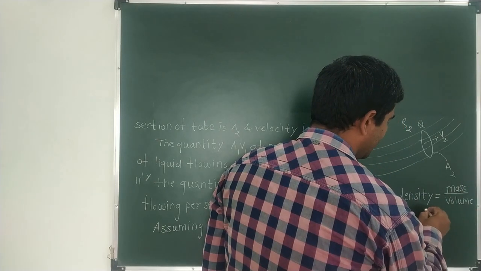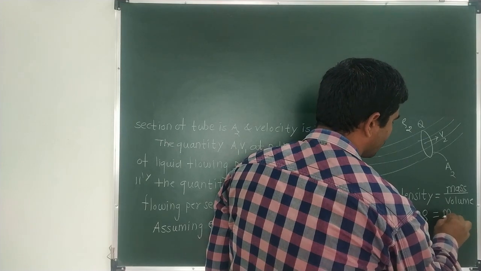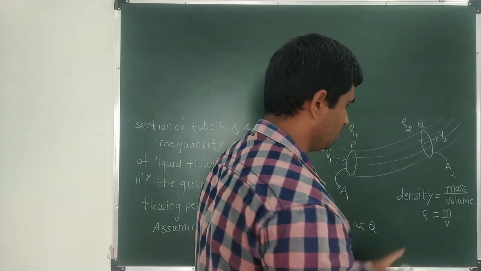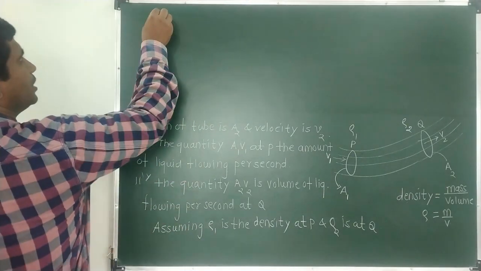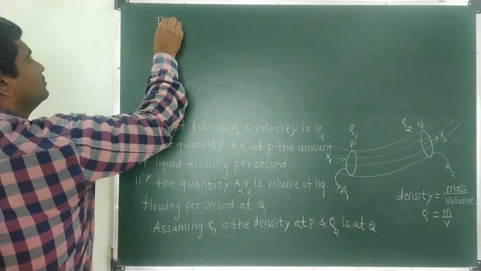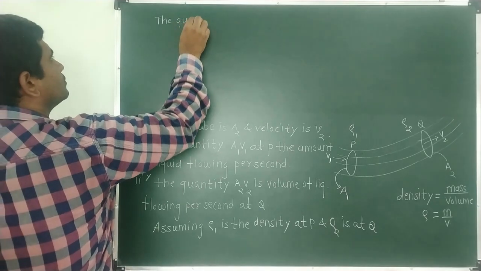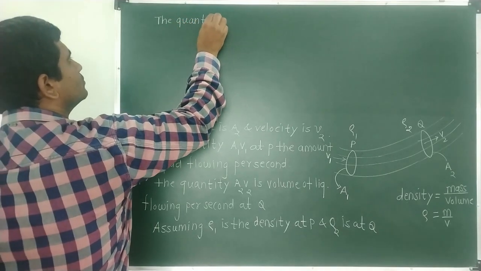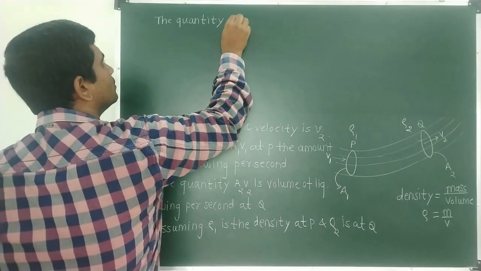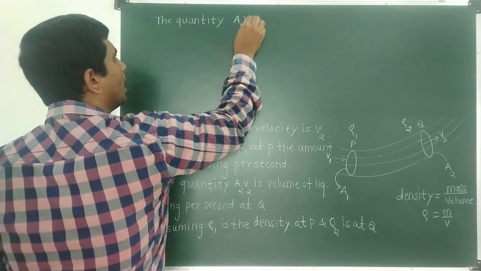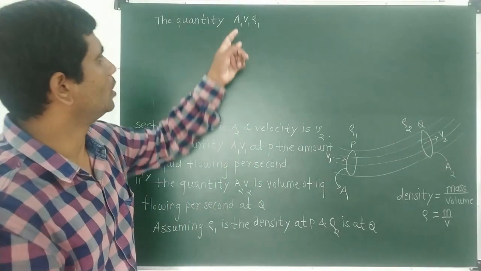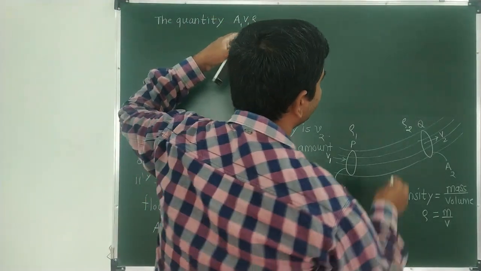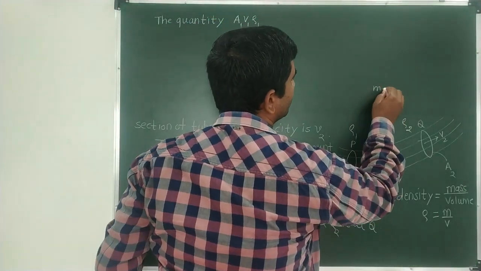So if I write it this way, rho is equal to mass upon volume. So this will be the formula. We will be using this one. Before that, I will consider the quantity A1, V1 and ρ1. Now see, just now we have found out this area is measured in terms of meter